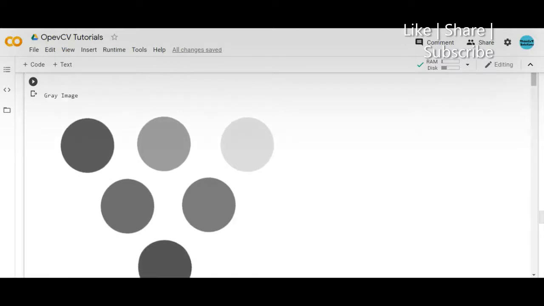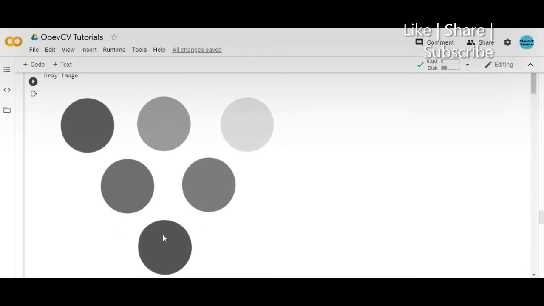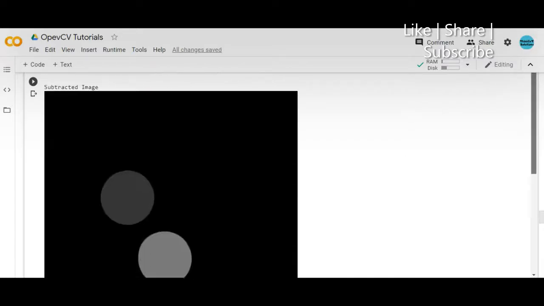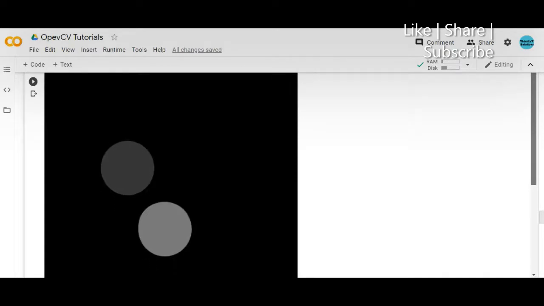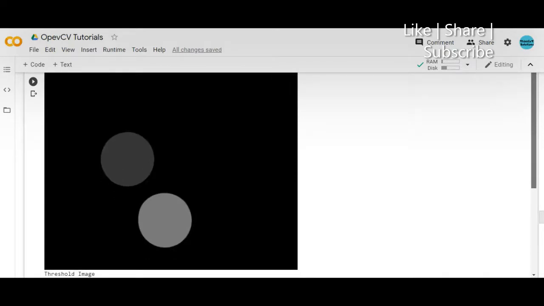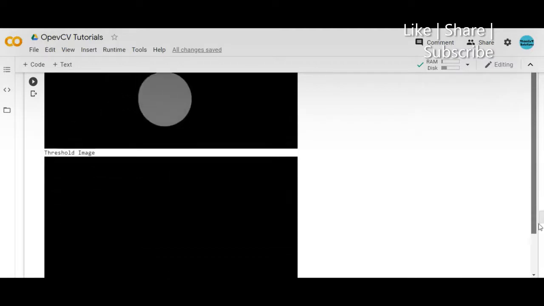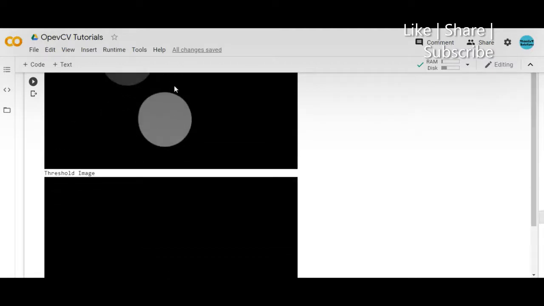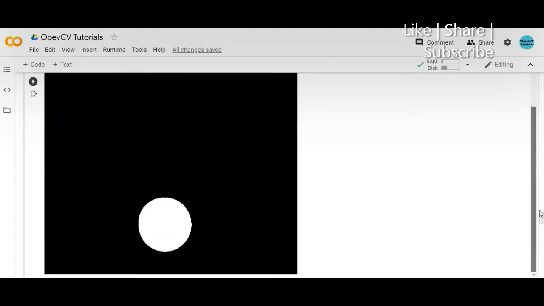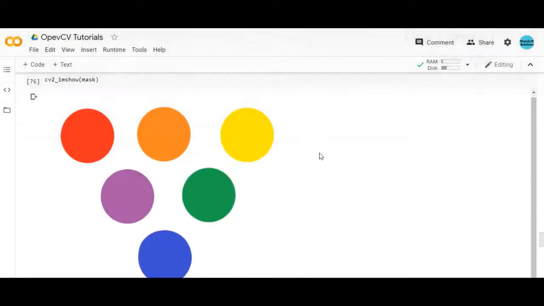When I subtract these two images, wherever I had the blue content, that will remain and all the other content will become 0. So as you can see here in the subtracted image, only blue content is remaining and the other content is becoming 0. Then I'm setting a threshold only to detect this particular circle, because in purple also there is some part of blue. So this is my threshold image. This was the result of the above code.